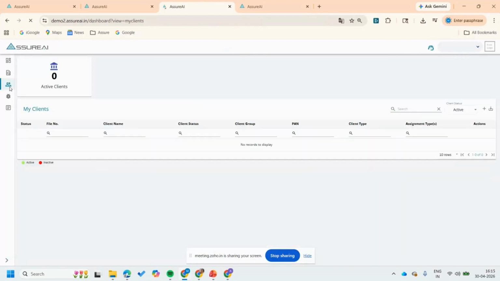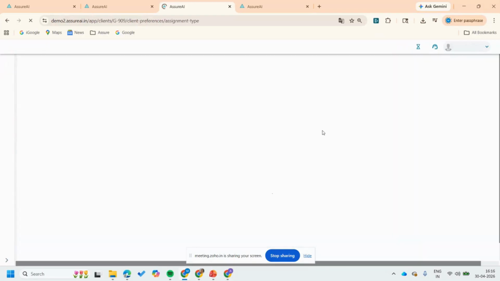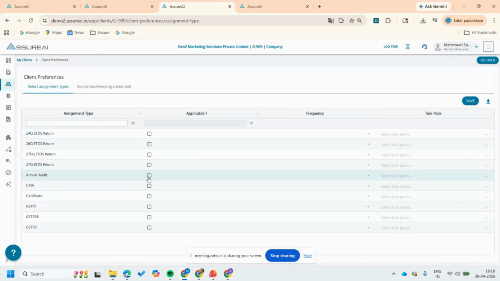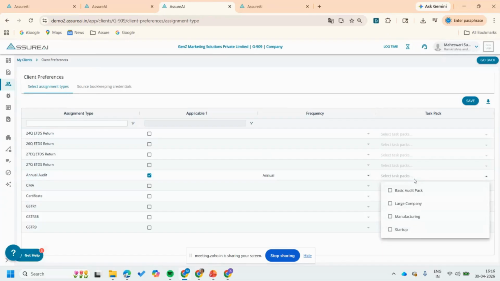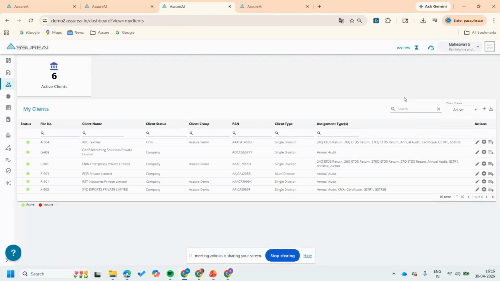I go to client list. There is this client preferences, right? So I have the startup Gen Z Marketing Solutions Private Limited, which is a startup. I can go and select annual audit and select the startup. Now, when I plan an assignment for this Gen Z,